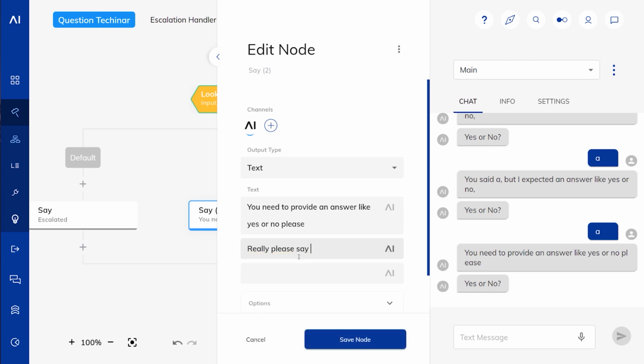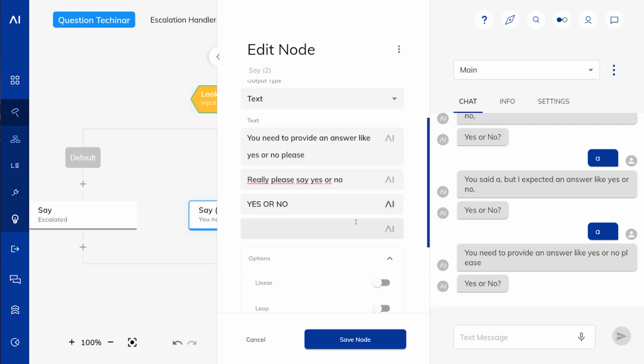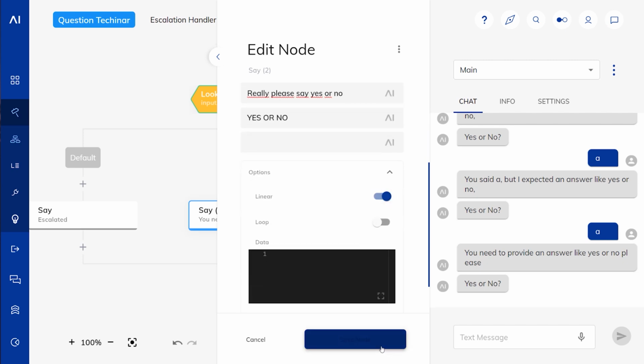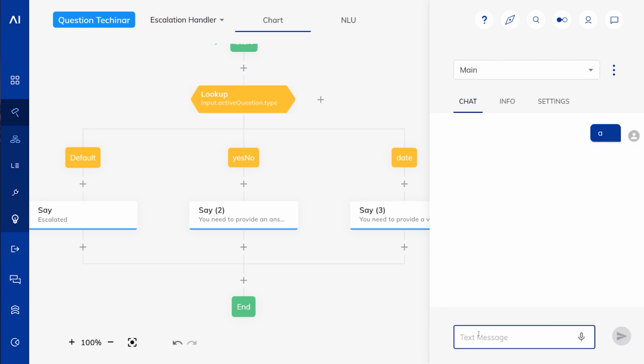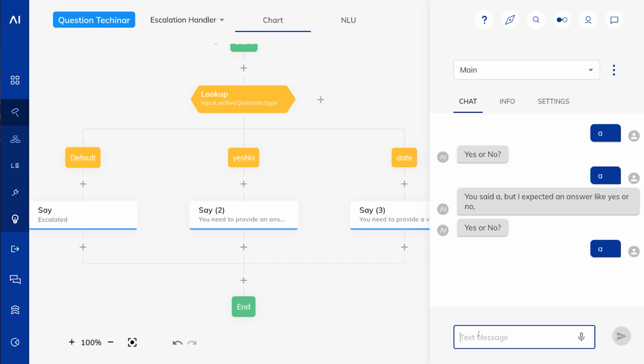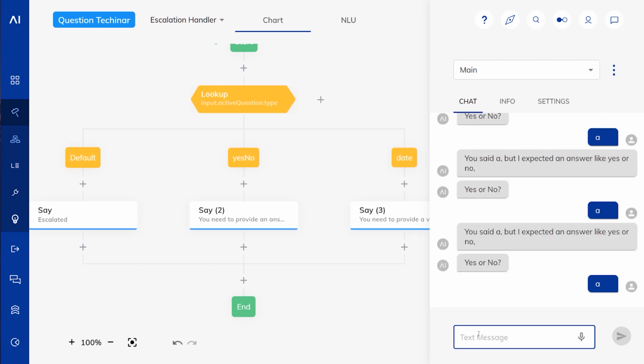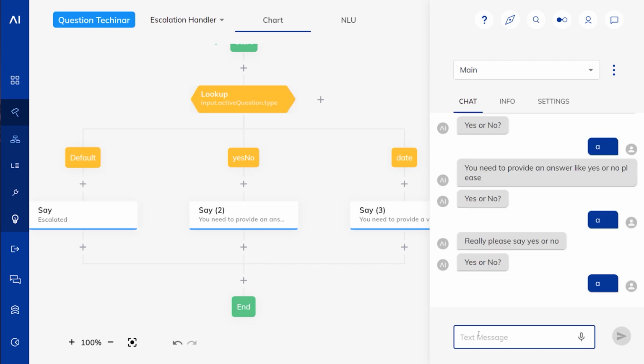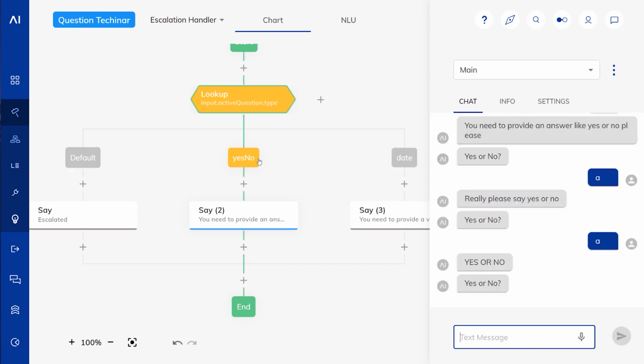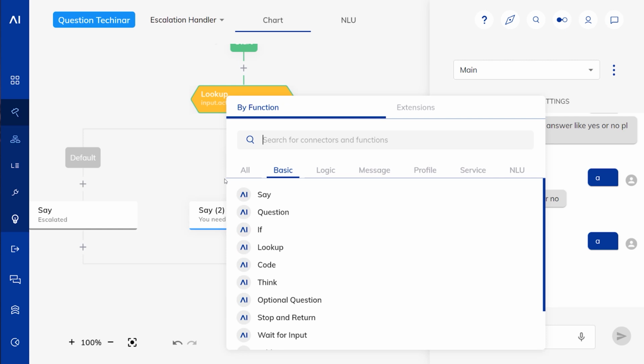Really, please say yes or no. Yes or no. And then in the options, we say linear. So this should now automatically escalate the answers in this say node. First one, second one, third one. Or you could, of course, do another lookup and say, okay, which escalation is it? What do I want to do?